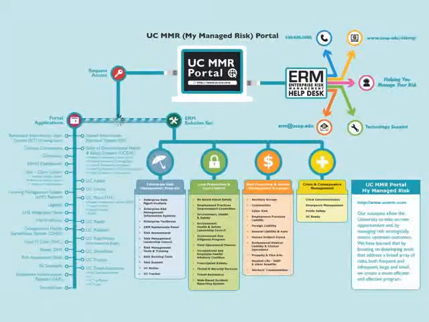We've actually modified this a bit so that the back side now explains a little more about what those tools are. But someone can go in and see the different services that are provided. And these are really all the things that Risk Services does, as well as our ancillary departments that are part of that. You'll notice also the ERM Help Desk. While it's obviously for UC employees, we've actually taken calls from those using the tools at other institutions as well. So they'll be more than happy to help take the calls if you have questions about some of the tools that are part of that. And so we've really tried to create a one-stop shop as part of that whole process.